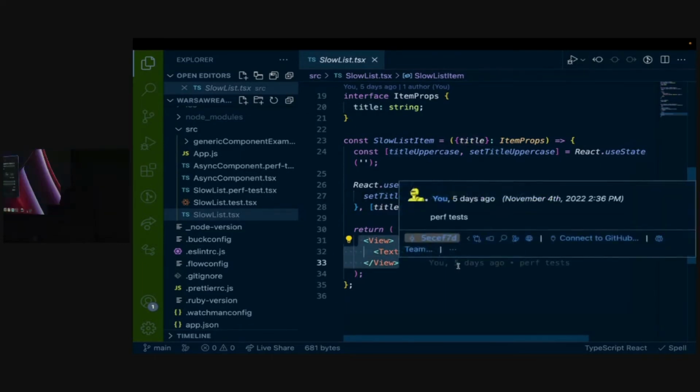So if I wanted to make some changes to that application, I want to know if the changes I'm making are correct, if I'm moving in the right direction. So what I can do is I can yarn reassure baseline.